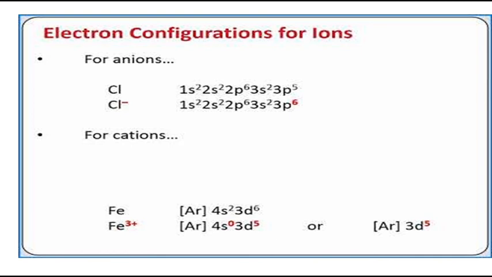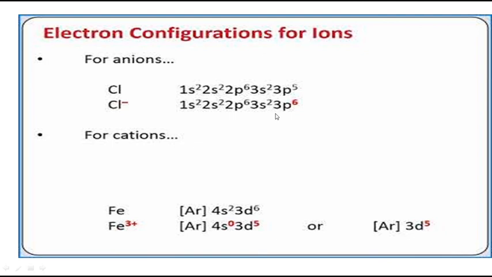So 2 electrons from s I have removed and 1 electron from d. Why am I doing like this? This is energetically favorable. Removing an s electron is easier compared to a d electron. That is one reason. And when I do that, I also get the 3d5 configuration. D always can have 5 orbitals, is it not? So 3d5 means all the orbitals have at least 1 electron each. That is called a half-filled configuration. Half-filled configuration is a stable configuration. So it prefers to lie in this state. That is why we are removing 3 electrons in this manner.